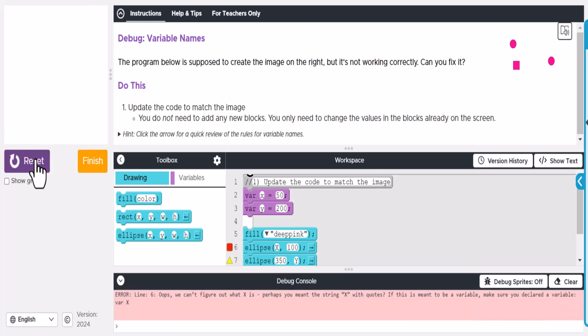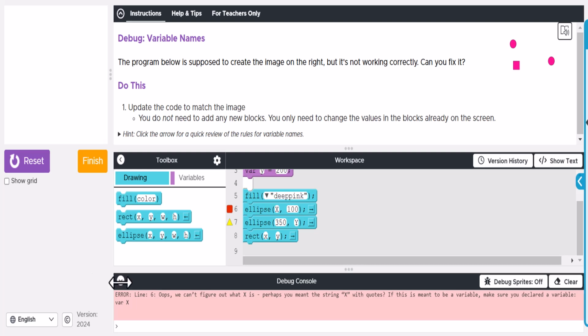So if we run it right now, we actually get an error. Well, the reason for that is, and it says here, we can't figure out what X is. Perhaps you meant string X with quotes. So they're saying, oh, could this just be text that you meant to put in here? But actually, if we look at these very closely, and we'll get rid of this,